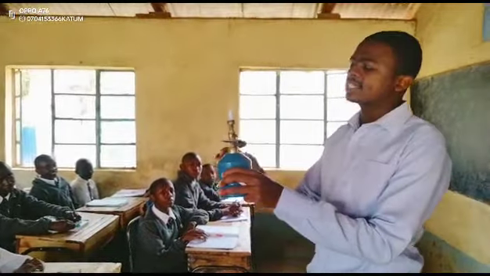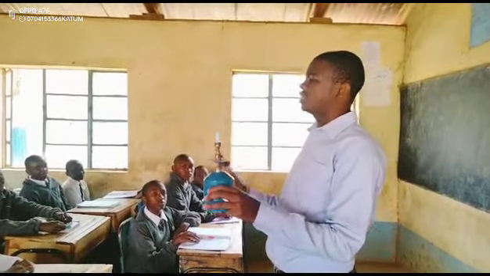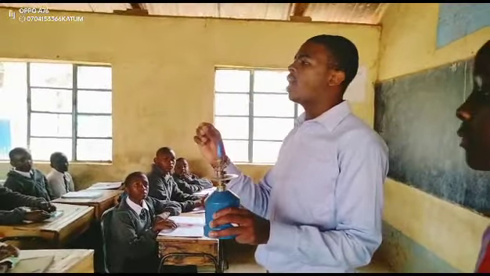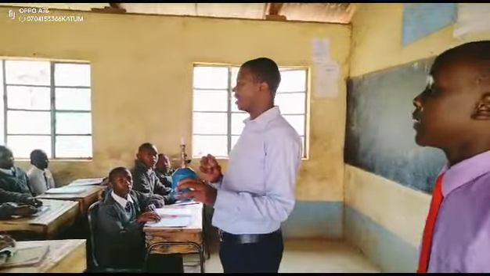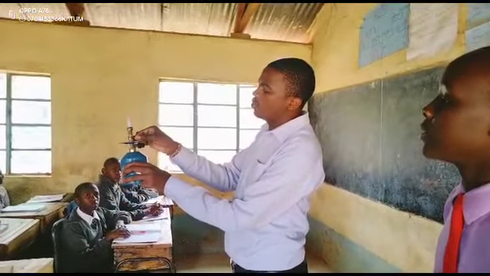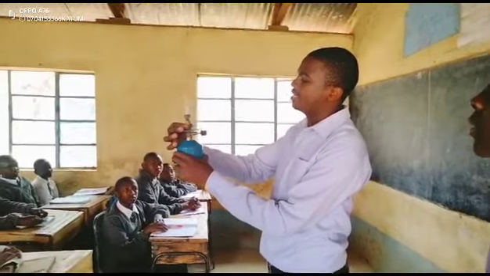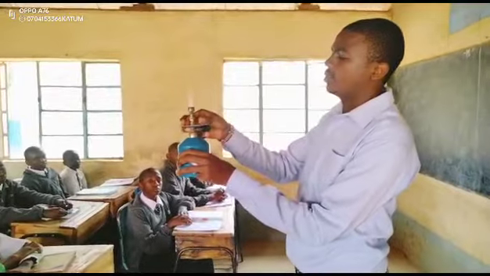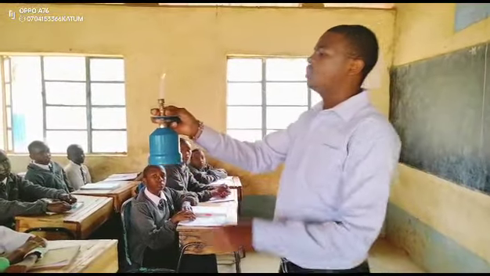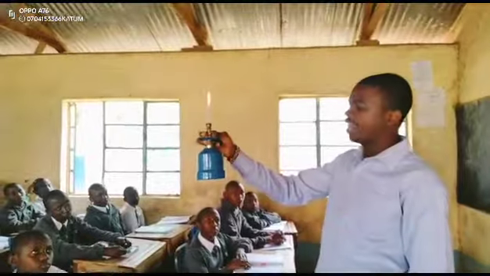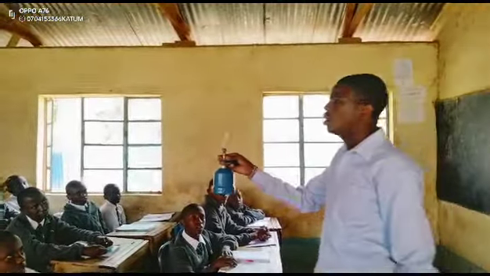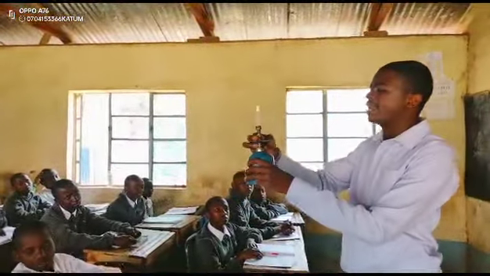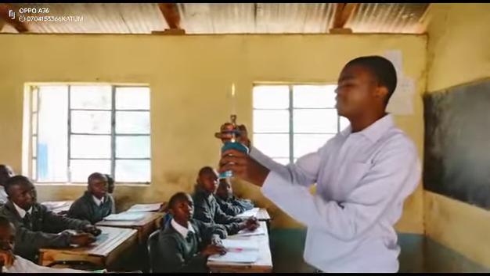Now, next is to see how the Bunsen burner produces the luminous flame. We have said that the Bunsen burner produces the luminous flame when the air hole is closed. So it means that when we close the air hole in the Bunsen burner, like that, then you can see that the Bunsen burner has changed its flame from non-luminous to luminous. Are we together? Yes. So that is how the Bunsen burner is able to produce the two types of flames, the luminous and the